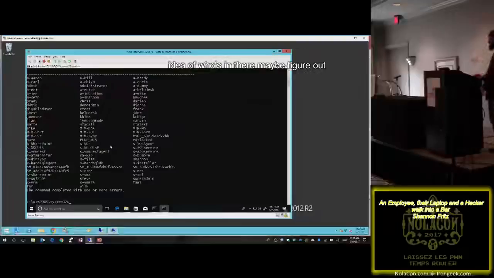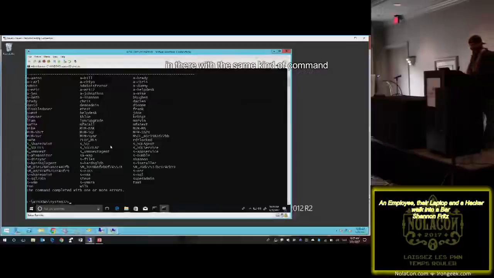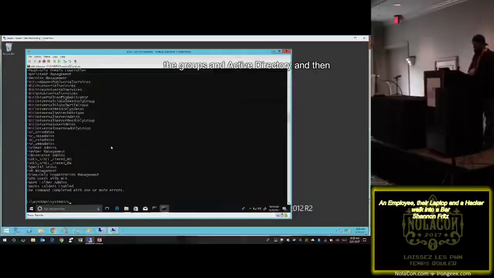I can get an idea of who's in there, maybe figure out through social networking, well, maybe whose account is what their actual name is. But I can also see things like the groups that are in there with the same kind of command. So instead of net user, I just do net group /domain. So this will dump all of the groups in Active Directory,